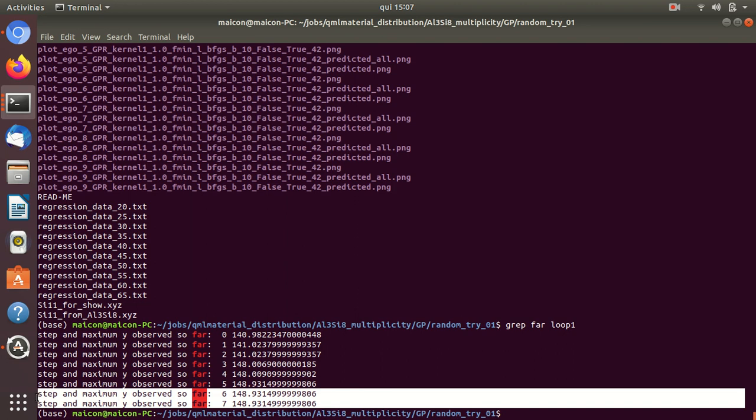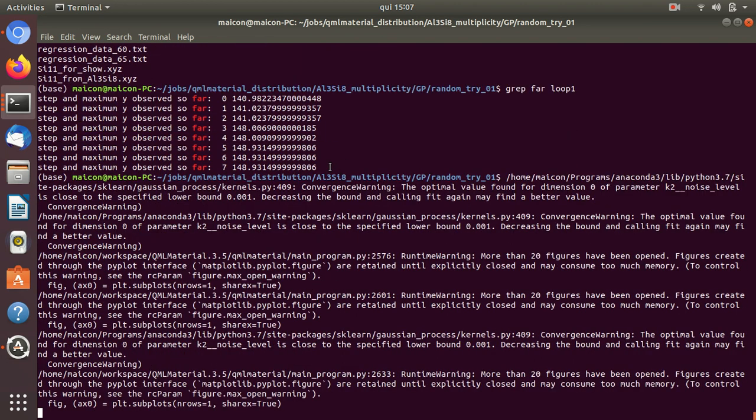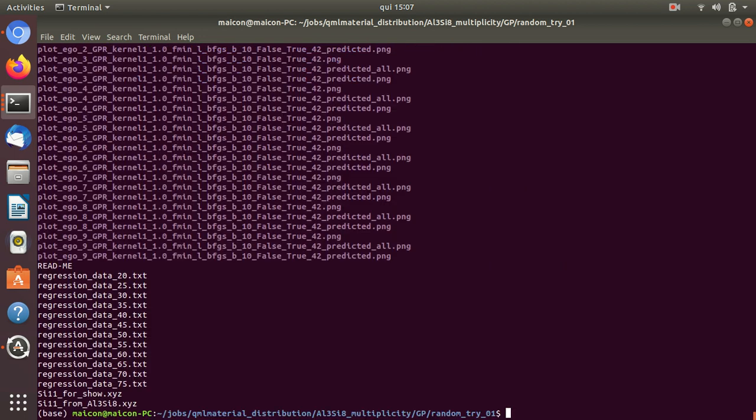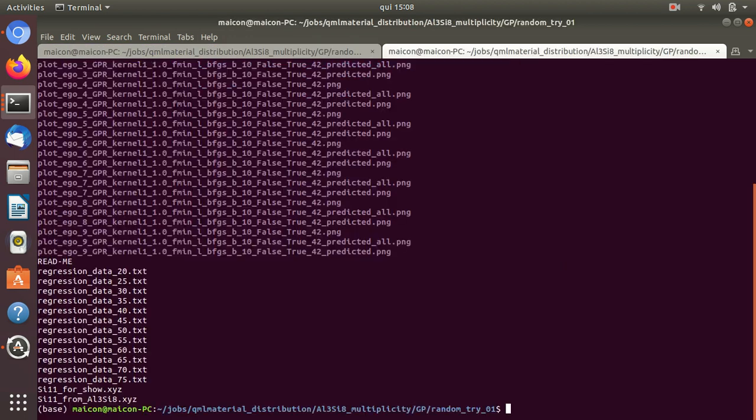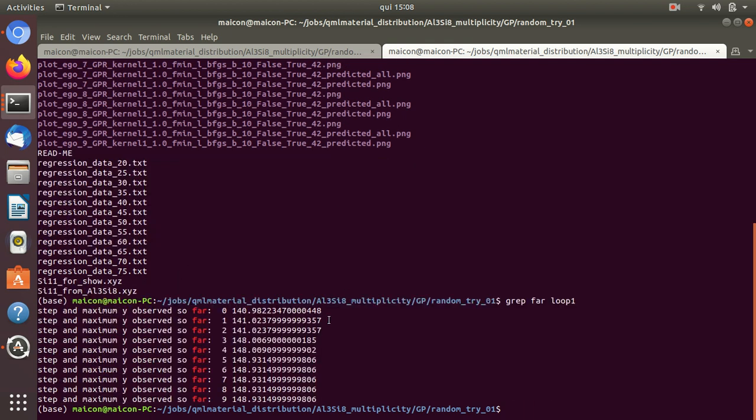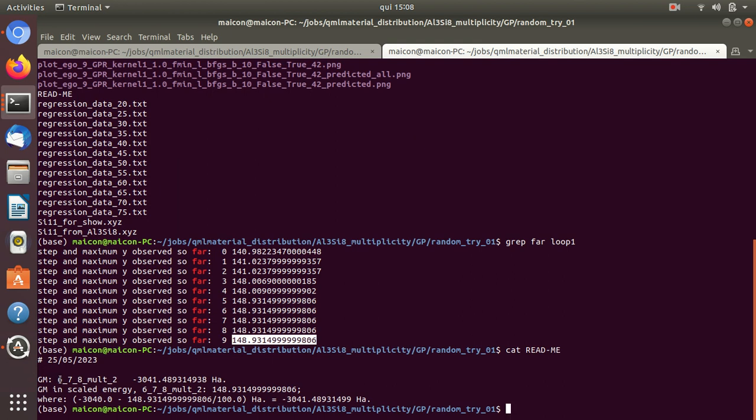We found the putative global minima, or the global minima, because it's a discrete search and we know the optimal solution. This is the optimal solution, the global minima, which is the configuration of dopants in the cage of Si11 6, 7, 8 with multiplicity 2. Remember that we also have the multiplicity 4 and 6 in the search. The energy in Hartree is this one, and the scaled energy is this one. So once we have the scaled energy, to get the actual energy from the demo, which is present here,